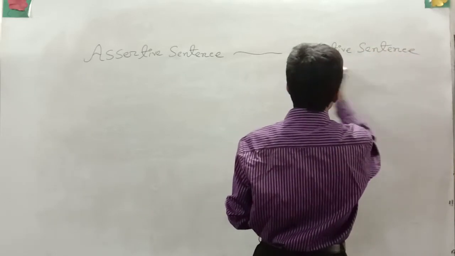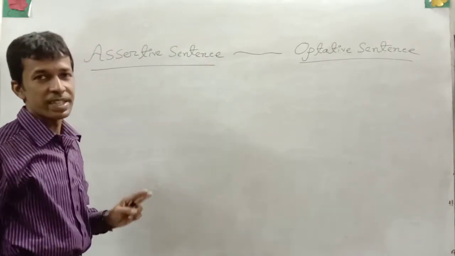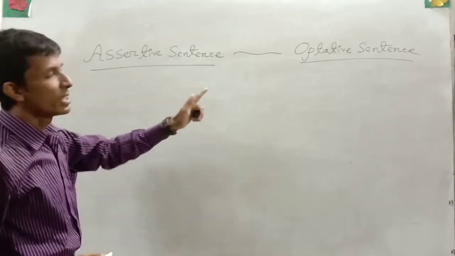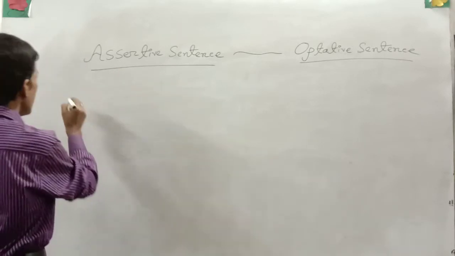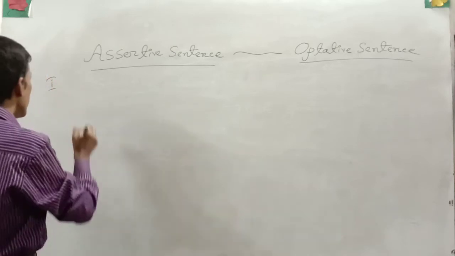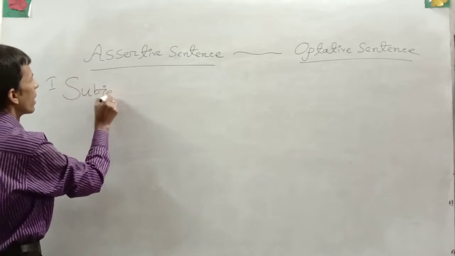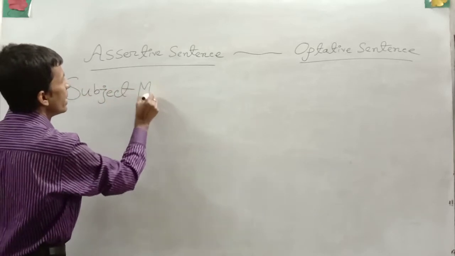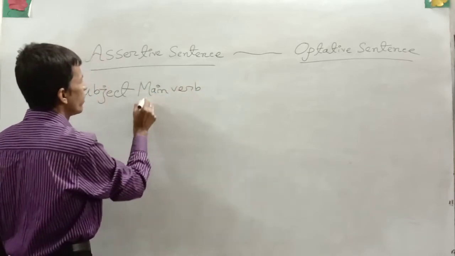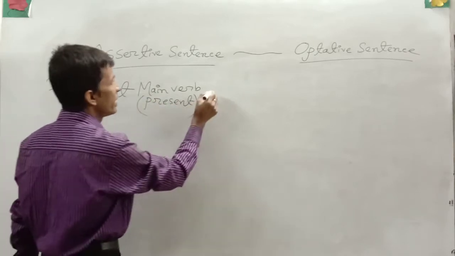There are three structures in which you will be able to complete the transfer of these two kinds of sentences. In the first structure, or first clue, you will see subject, main verb, present form, and at last